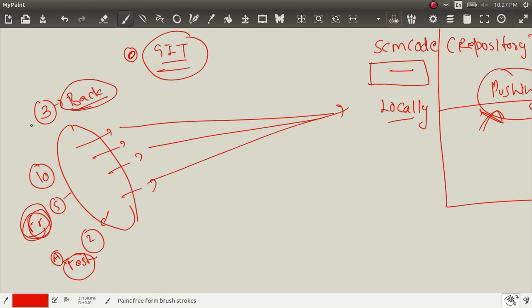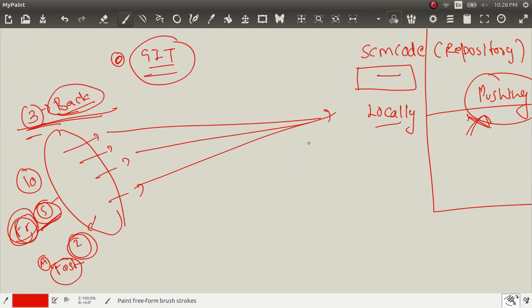What is the point? We don't want to share the backend people's code with the front-end people, or the front-end people's code with the testing people. So to differentiate this, what is the main point? Every person is working on the same directory, right? On the same directory. So we don't want to share the code of each and every developer group. So for this, a new concept comes into place, that is branch,